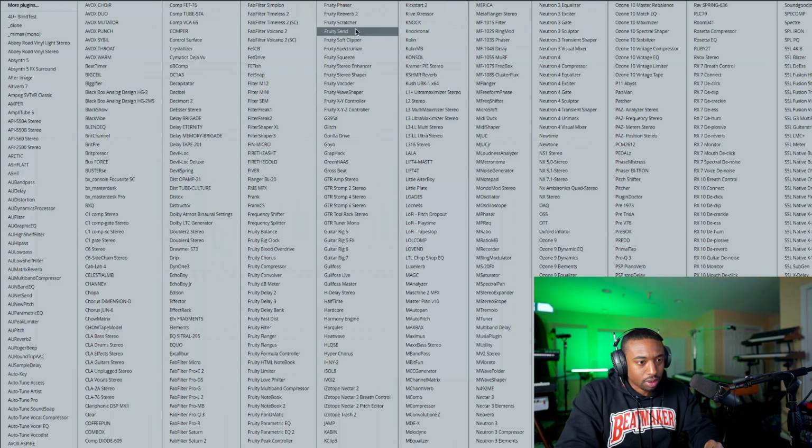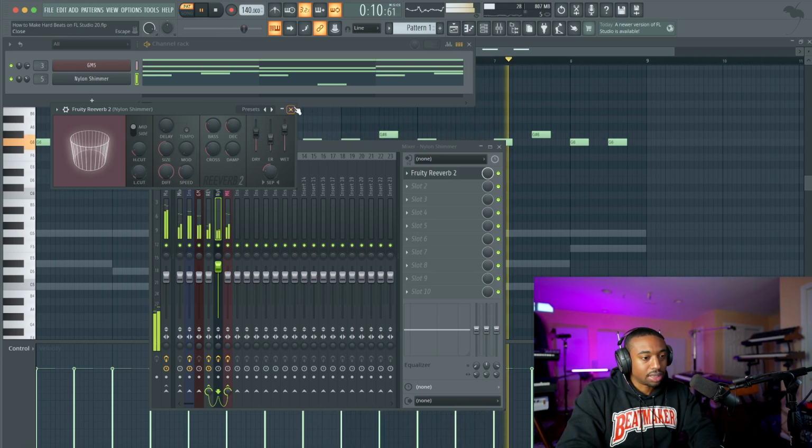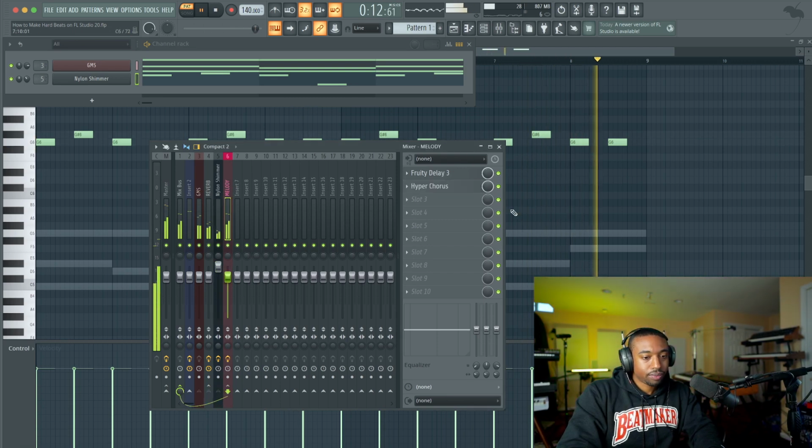Let's add Fruity Reverb too. And we're gonna turn down the dry level. So just trying to blend it in, make it more creepy sounding.